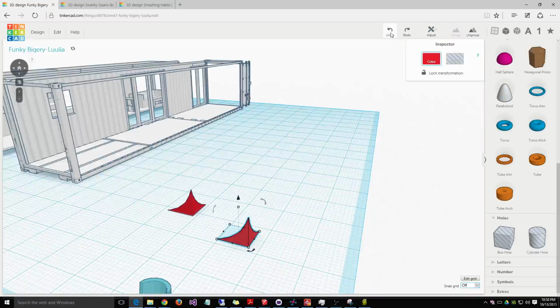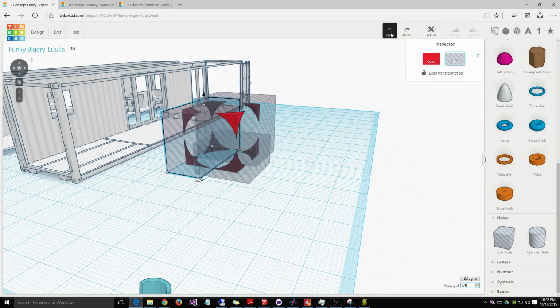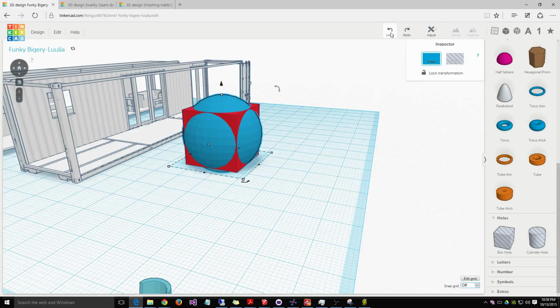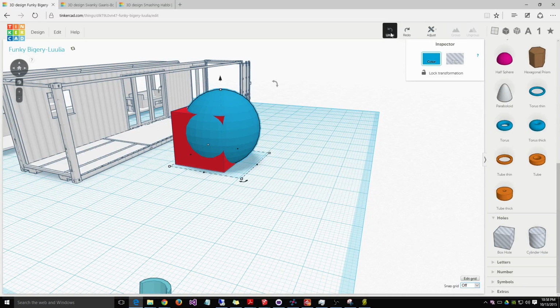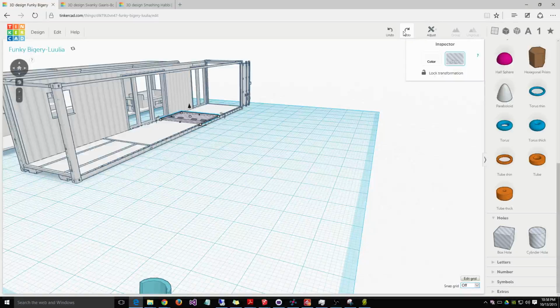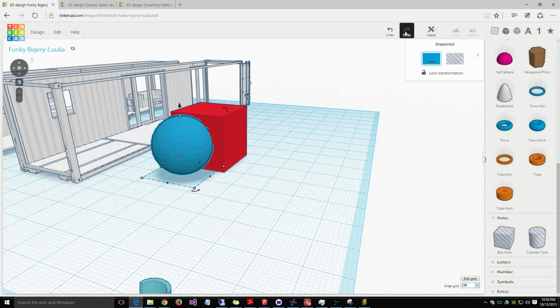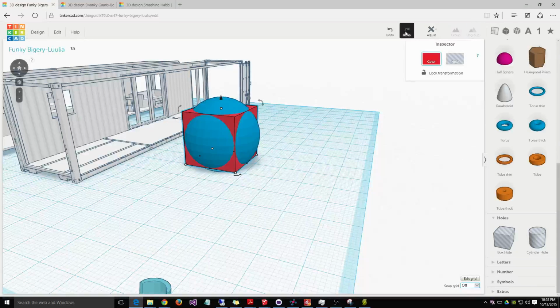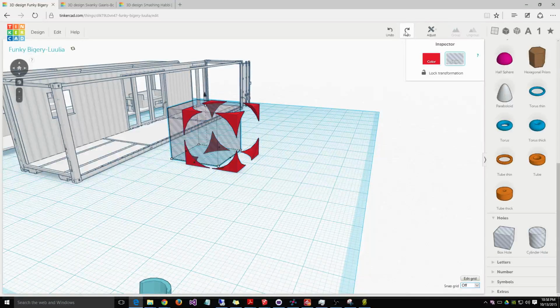So I first took a sphere, and I was trying, as you can see, quite a bit of trial and error, but I tried to fit it into the cube to the point where I could get the edges lined up right with the side of the sphere,